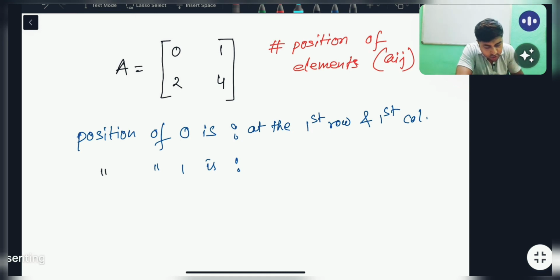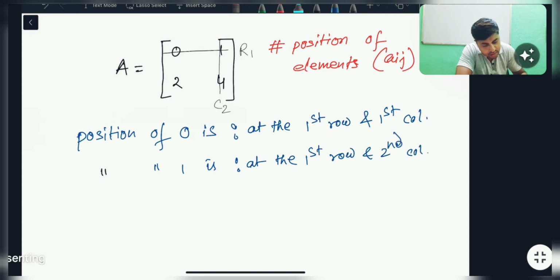Okay, let us draw a vertical line or horizontal line corresponding to 1. Where do the vertical and horizontal lines corresponding to 1 meet? That is R1 and that is C2, second column, right? So that is at the position of the first row and second column, correct? Look, next position of